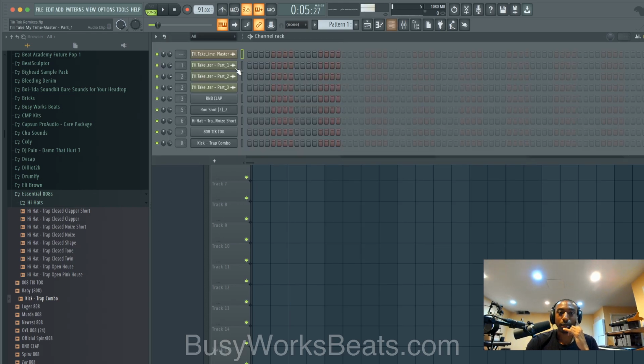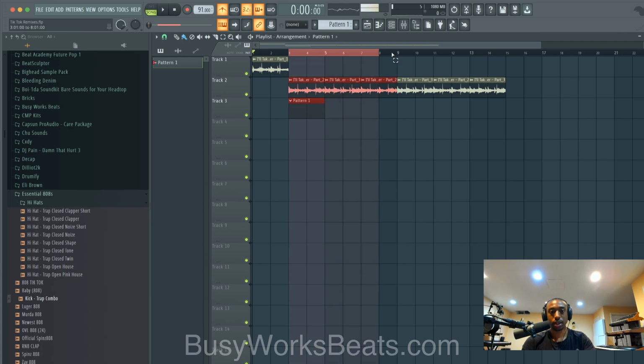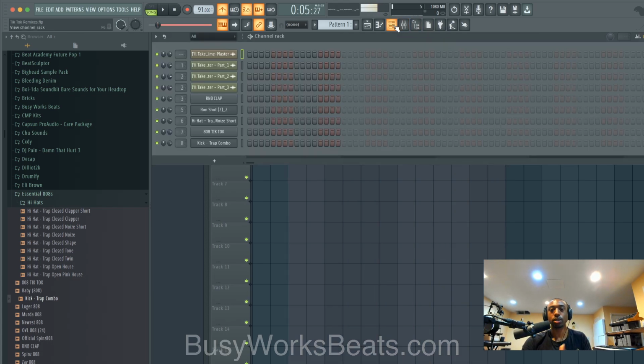But I don't want to make this 3,000 years long. So now we're going to go to our pattern mode, and let's go over to the patterns and drag pattern 1 into the playlist. And then we're going to create a drum pattern underneath this beat. Okay, so again, I'm going to give you the kind of cookie cutter way to do it. You can take it and make it exotic if you want.